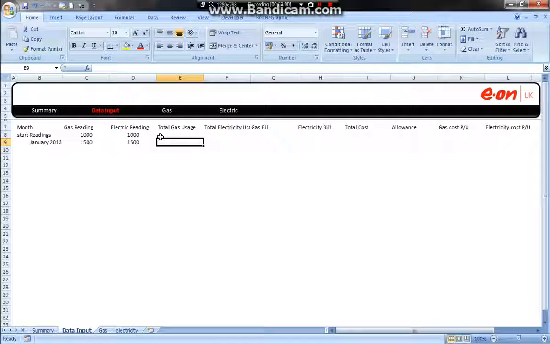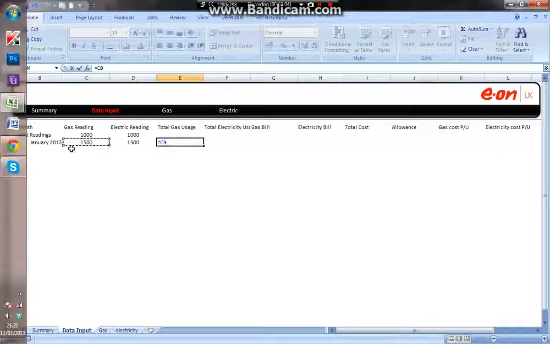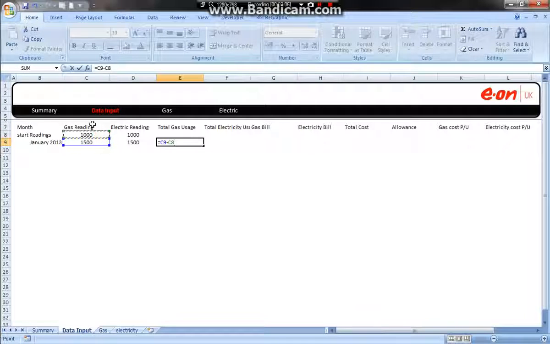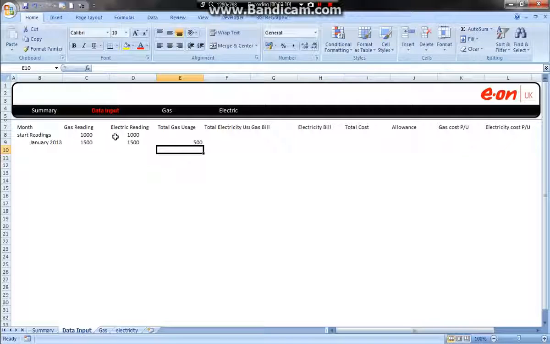So to do that, you would go equals the gas for January minus whatever's above it, which would be the previous month. Obviously, once we get to the beginning, we need to start reading. Use that as a capital. There we go. So that says that we've got 500 units of gas used. But what I want to do is, if I insert a new row below here,